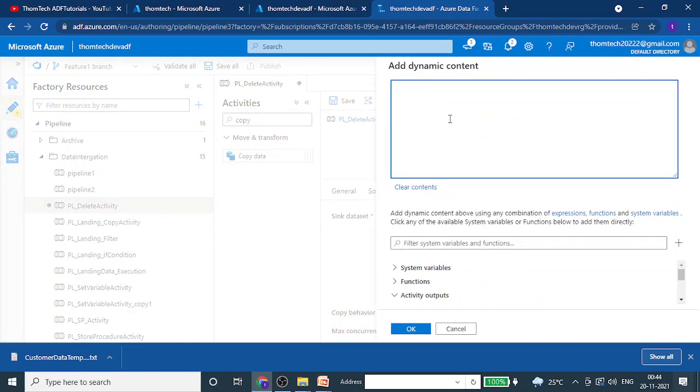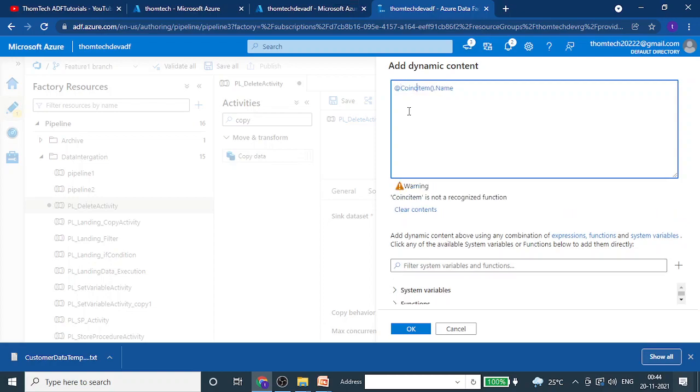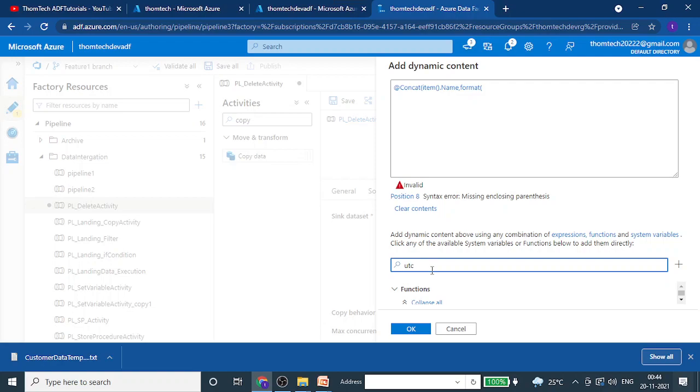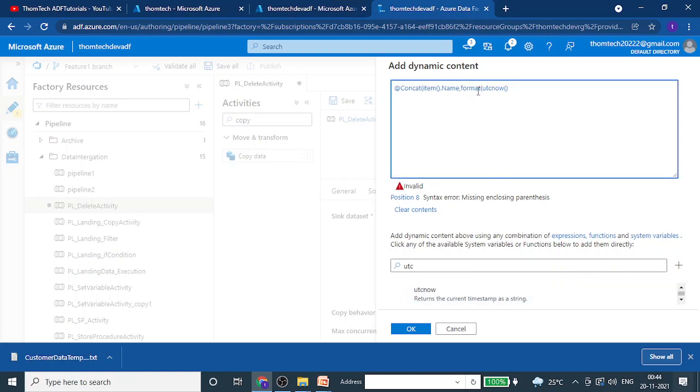Click on this, and use concat. Then put a format bracket open, take UTC time, click this, format date time, put this, and then close this.